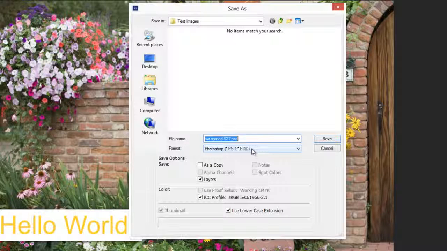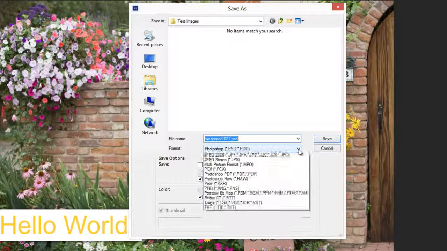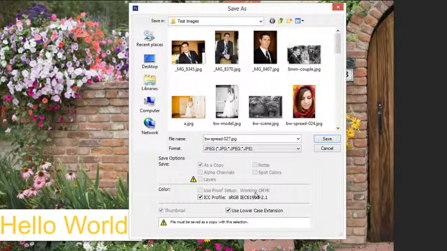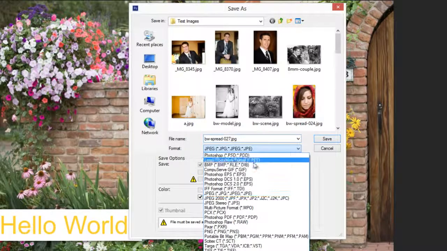It's automatically defaulting to a PSD because I think that's automatic because it knows that I have multiple layers. So if I save it as a PSD, I can reopen this and it's going to maintain this layer structure and I'll still be able to edit it. If I save it as a JPEG, then it's giving me this little exclamation mark down here next to layers because it's going to flatten it and I will no longer be able to edit the text or change any of the layers that I have in there because they're all going to be compressed into one. So I'll go ahead and save it as a PSD,